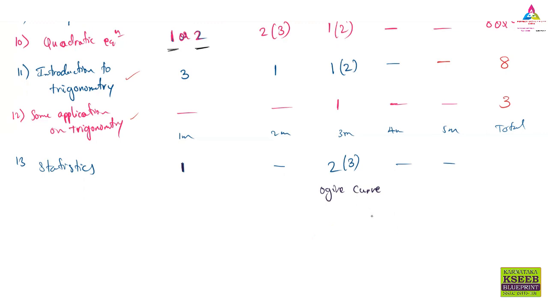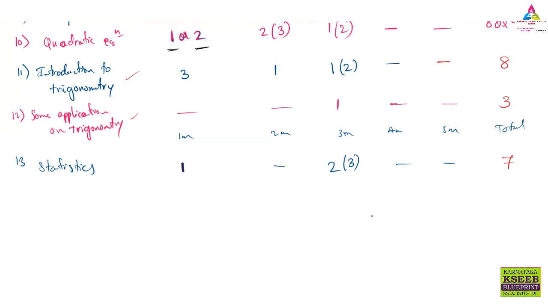One will be an Ogive curve, a definite question. In that OR question, one will be mean and one more will be mode, or median. So choose whichever is better for you, but try to learn all three. So this is the pattern. Totally how many marks? 3 marks. 2 questions means 6, plus 1 is 7. The total marks here is 7 marks. So this is from statistics.